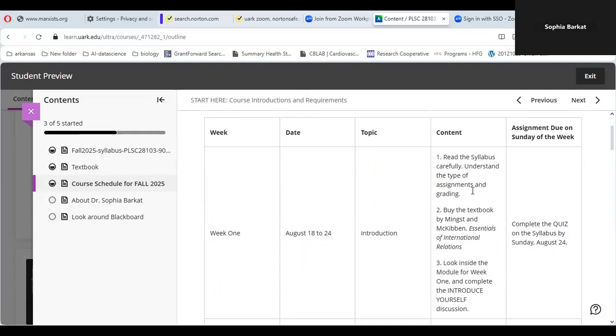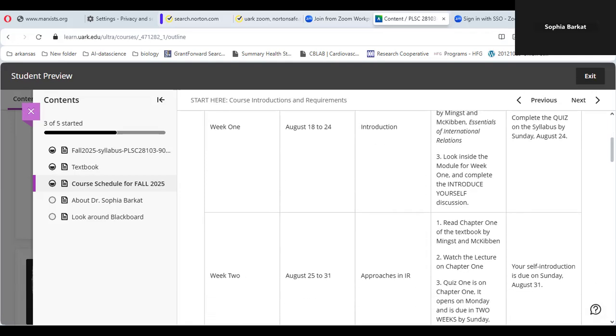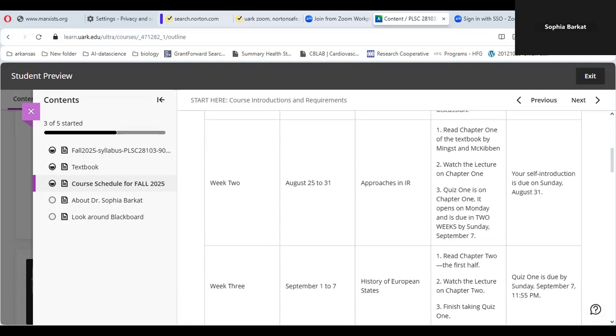First, read the syllabus carefully, understand the type of assignments and grading, buy the textbook by Mingst and McKibben, look inside the module for week 1 and complete the introduce yourself discussion. So immediately this Sunday is due: complete the quiz on the syllabus after reading the syllabus carefully, taking notes, figuring out what's going on. Week 2 is August 25th to 31st,